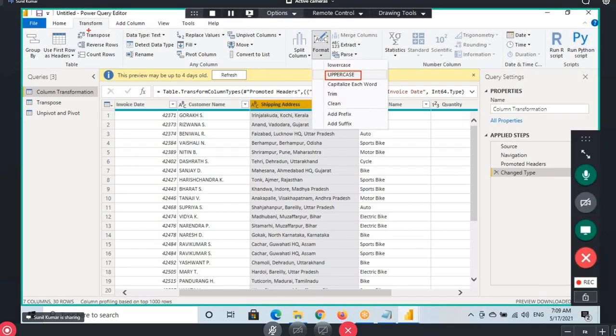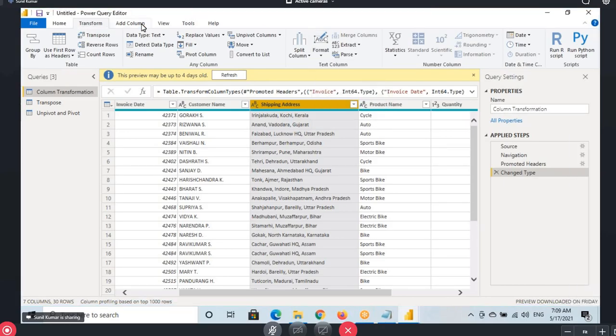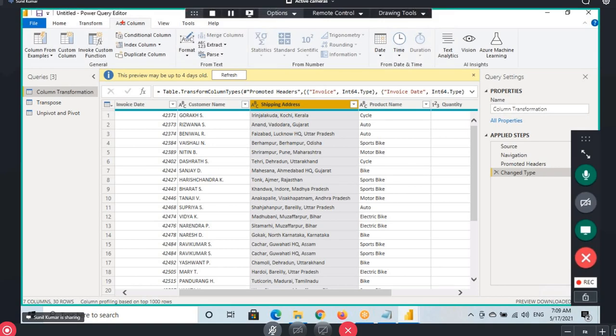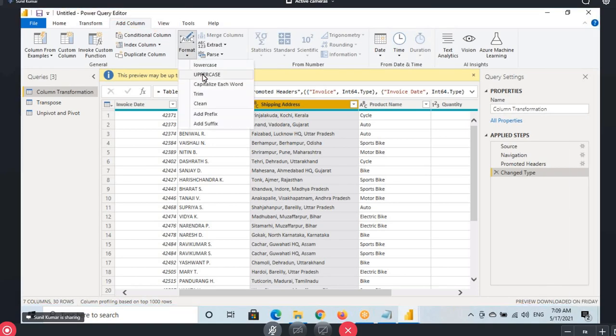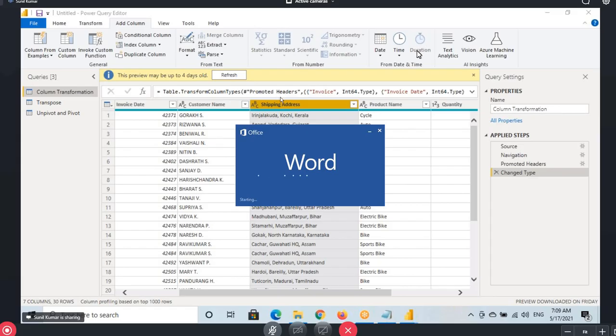In the Transform tab, under Format, you have Uppercase. The same Uppercase you can even find in the Add Column tab. When you go to Add Column and then Format, you will find Uppercase here, right? Why is the same option in both the Transform tab and the Add Column tab? When do I need to use Transform tab options and when Add Column tab options is the question here. So for that, the answer is,